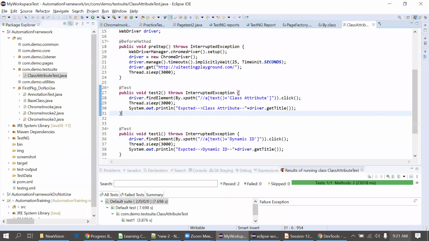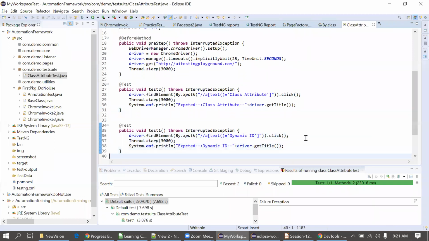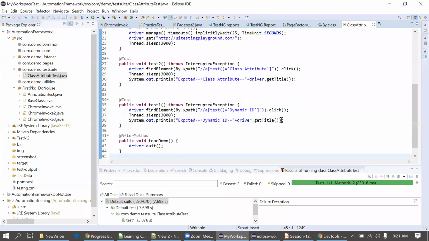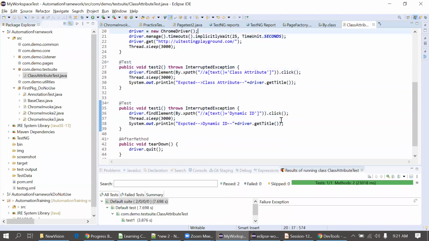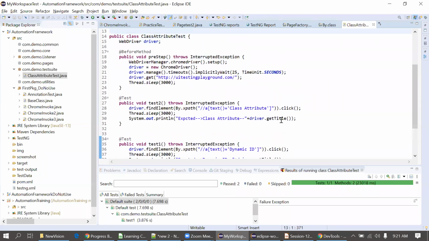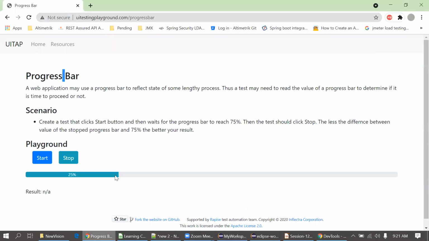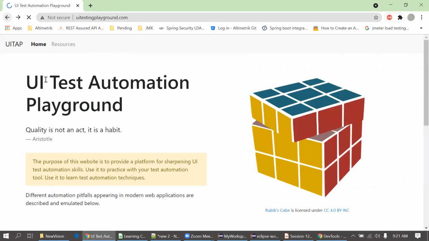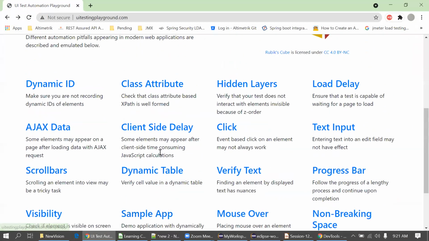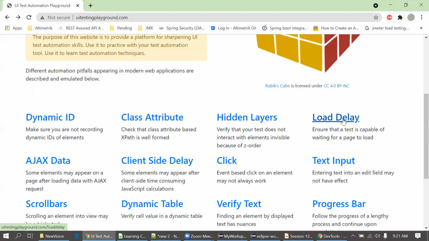For today, you can ask questions, guys, otherwise we can continue from the next session. Think of a high-level scenario. Suppose this is one class, and I go to a second class for a different web page, for dynamic ID, hidden layers or load delay.